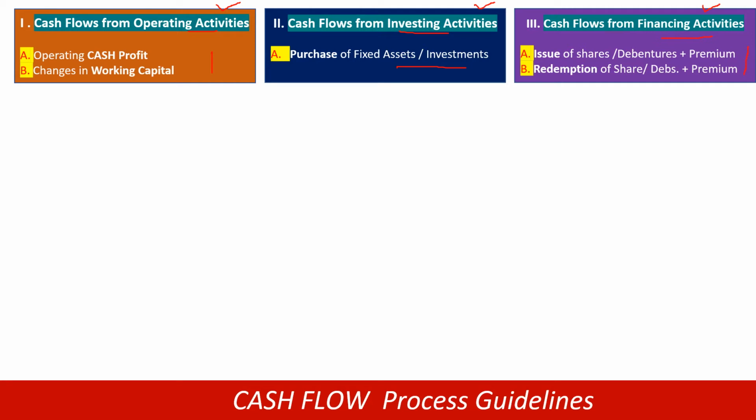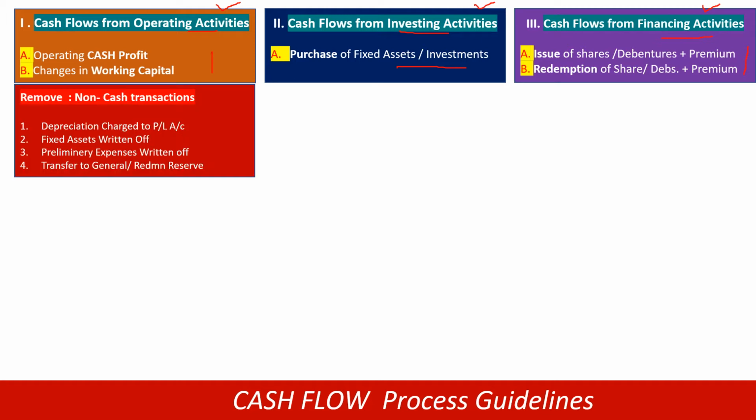You will ask a question, where do we get this operating cash profit? What we get normally is a profit and loss account and two balance sheets at two different dates. What will be there in the profit and loss account? Profit and loss account is a combination of cash transactions and non-cash transactions. But what we need for a cash flow is only cash transactions. Therefore, step number one, when we go through the profit and loss account, we need to ensure that we identify the